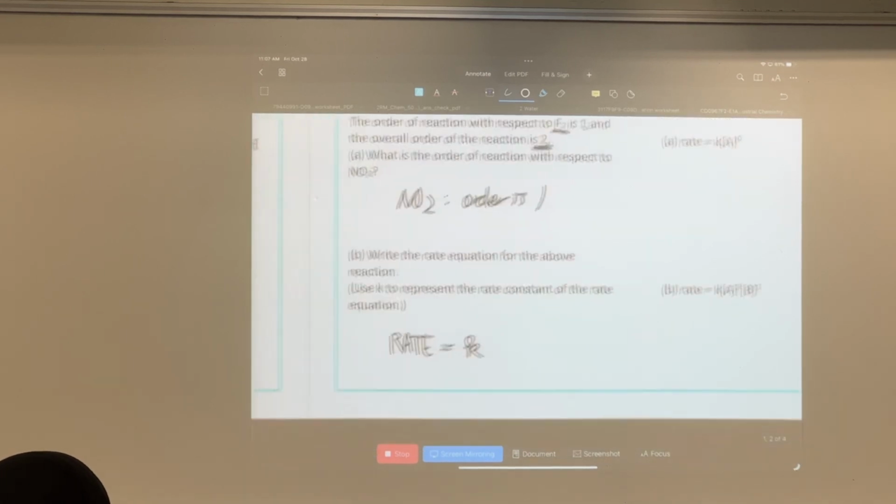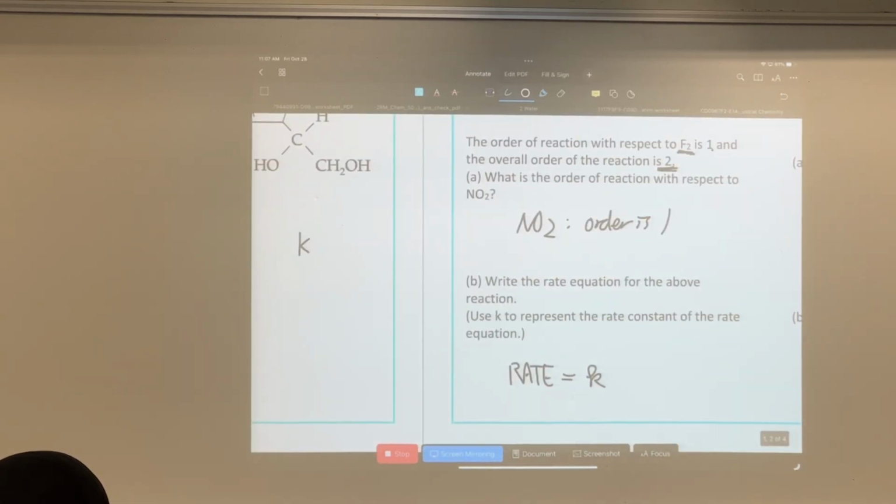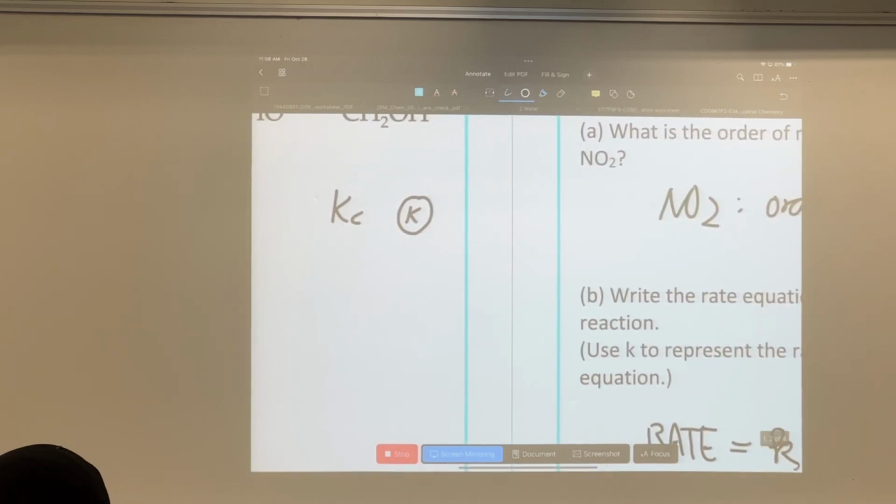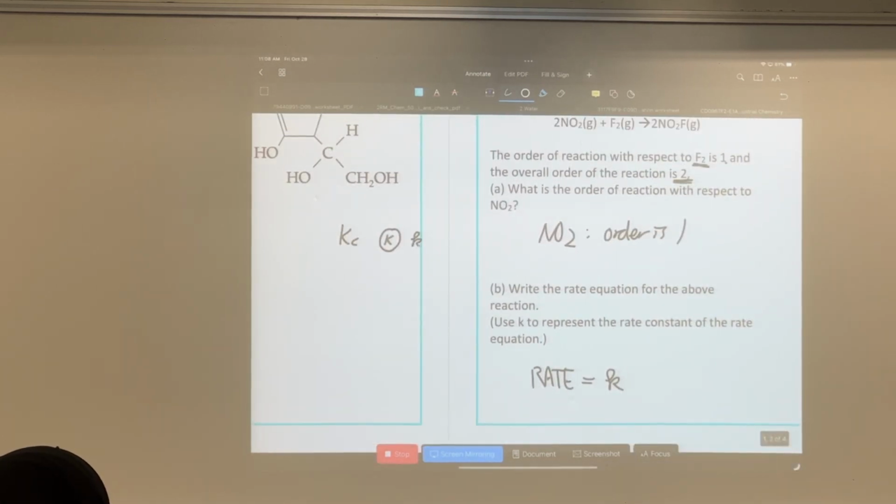I know when you write k, a lot of students would just write small k like this and big K like this, and if you ask me, I have trouble telling them apart, which is why I write k this way, the small k. More beautiful. Yeah, if you say so. But just know that there is Kc, and then there is small k. You can of course write small k like this if you know how to tell apart the big K and small k, but I would recommend you write it like this, the small k.